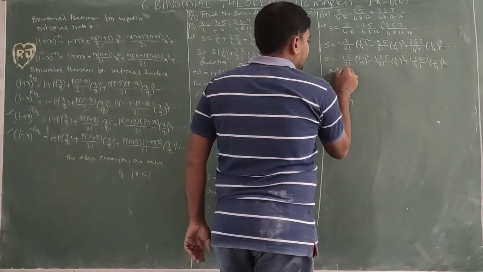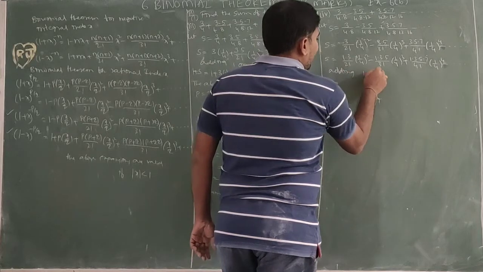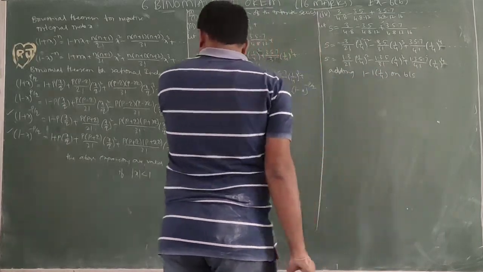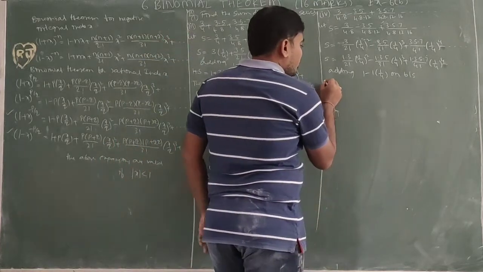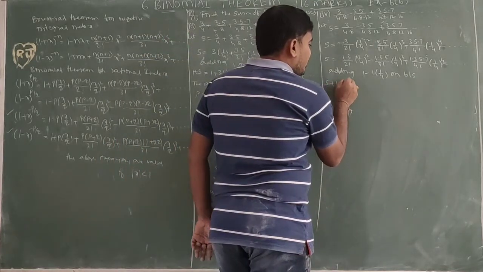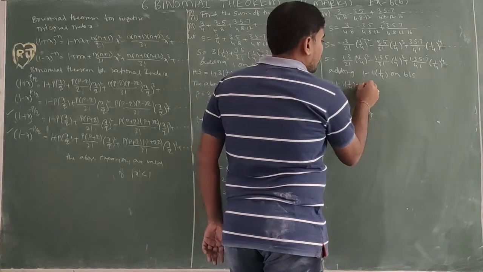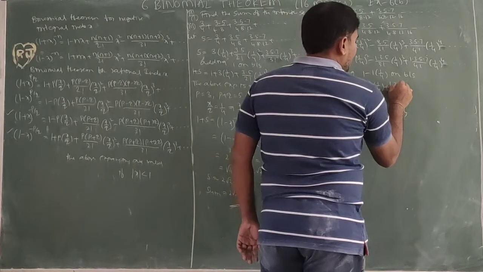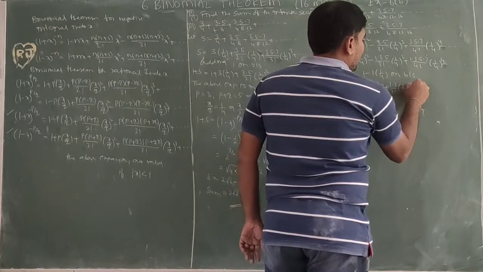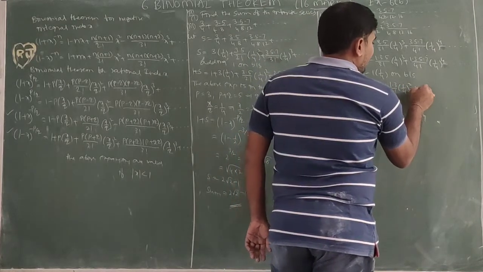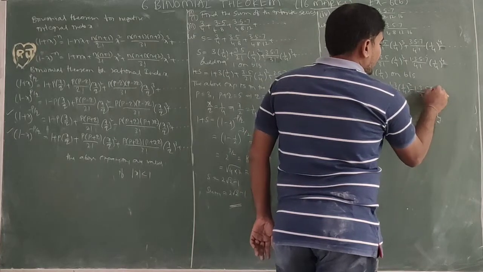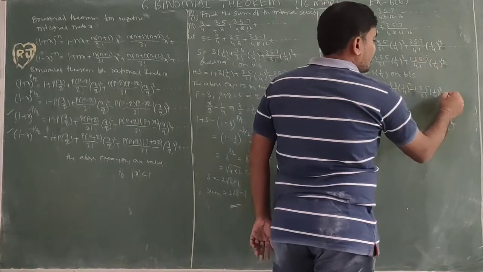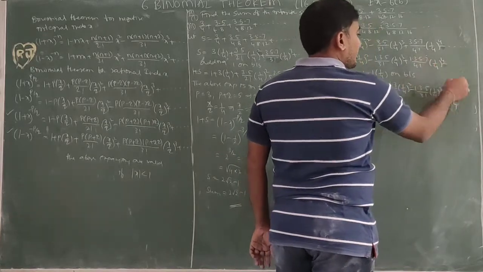So add 1 minus 1 into 1 by 4 on both sides. So S plus 1 minus 1 into 1 by 4 is equal to 1 minus 1 into 1 by 4 plus 1 into 3 by 2 factorial 1 by 4 whole square minus 1 3 5 by 3 factorial 1 by 4 whole cube. So we are writing so many terms, no need to write this one, because up to so on means it will be included.